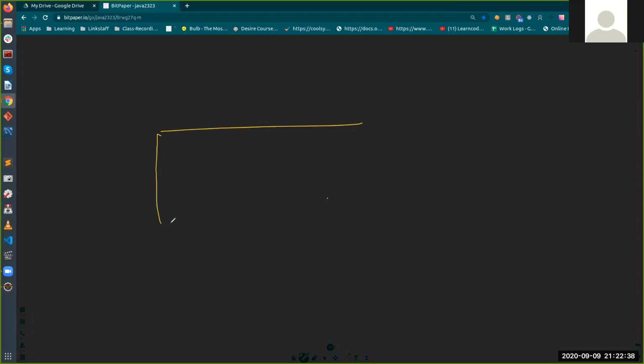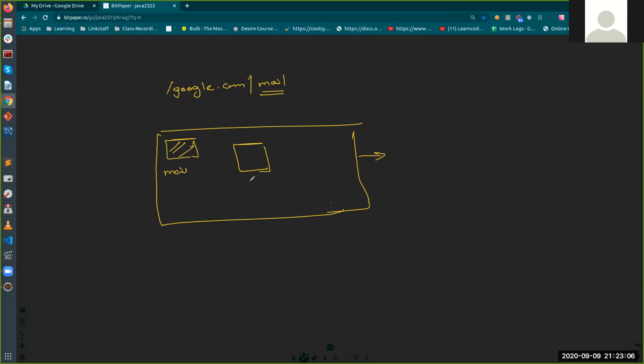Think of Google. Google has a lot of products, right? They may have a big server. Just a logical understanding. Actually, Google won't be working like this. I'm just giving you a picture. So think of Google having a big server and a lot of applications to run. For example, if they want everything to run behind google.com, like if someone writes google.com/mail, they would map this as a context for the mail application. They will deploy a mail application inside this, right? They will deploy another application, call it photos.